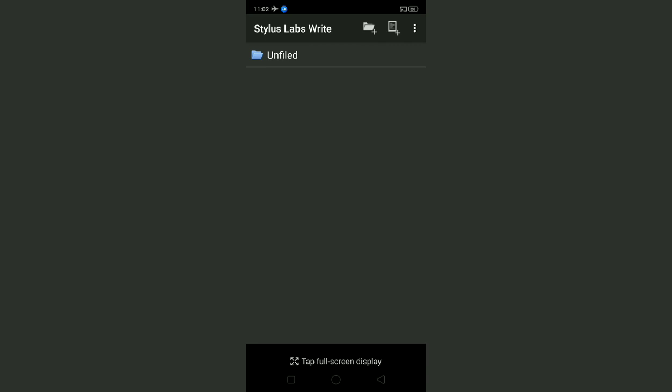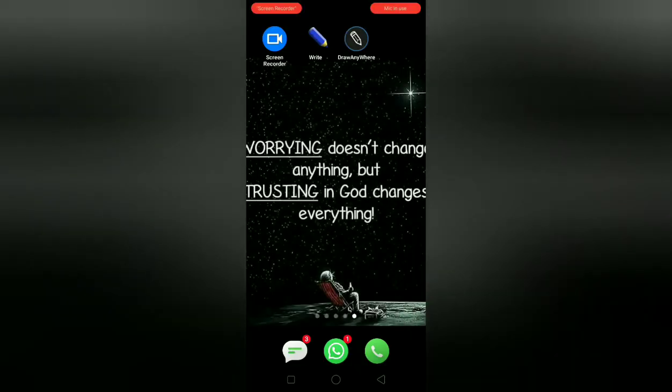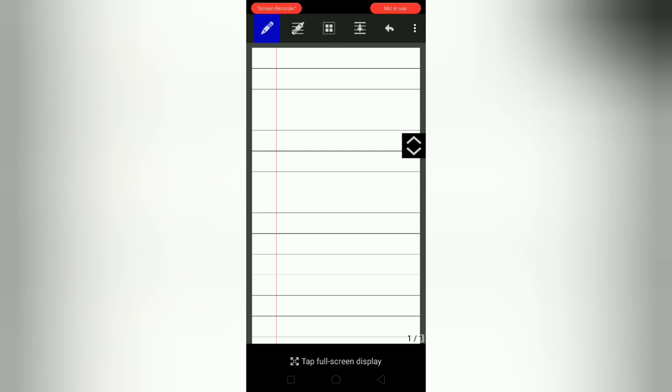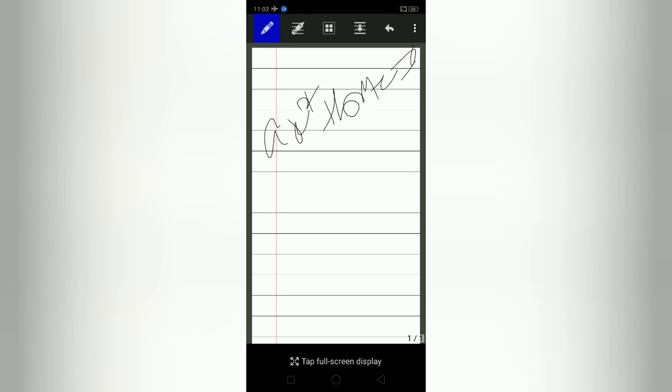Here you see one application, the write application. Just click on the write application, then click on this plus option. Here you will get one paper like a notepad. You can write anything here, you can show some text, like formulas such as ax square plus bx plus c is equal to 0, the quadratic equation. Or you can show the benzene formula, C6H6. You can show text in this way.